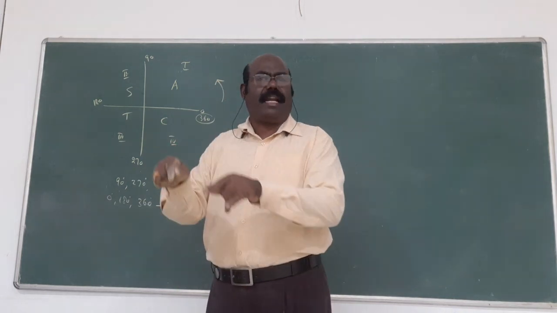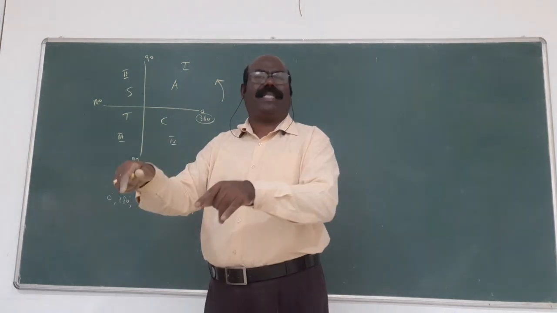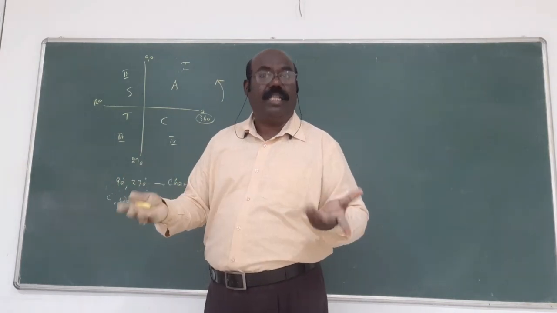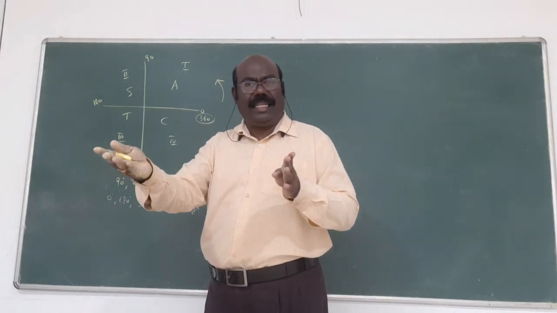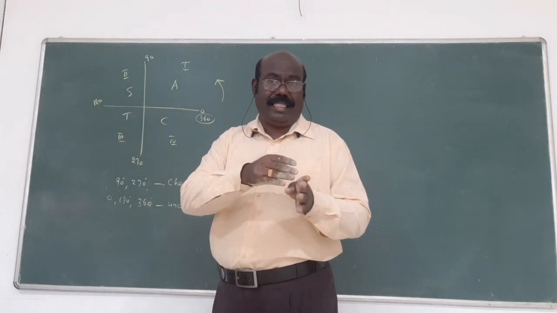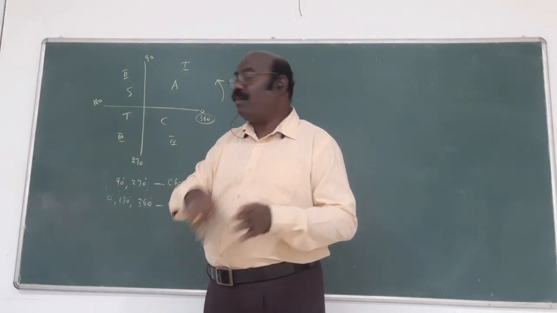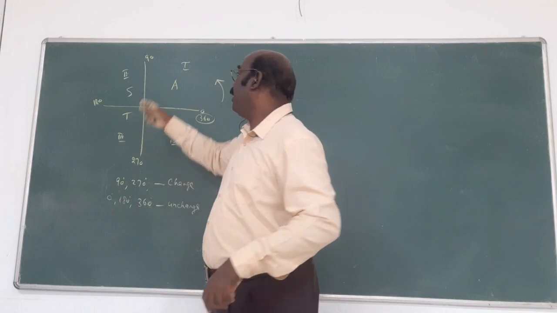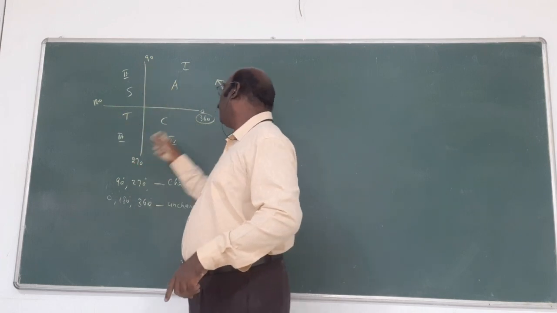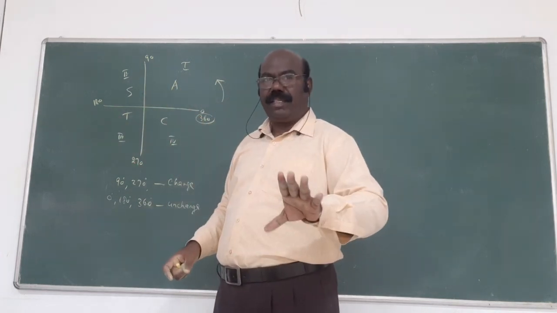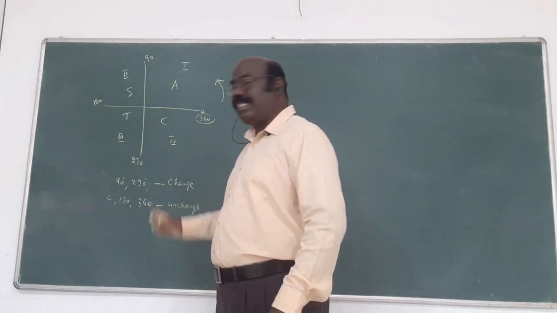Suppose 120 degree can be written as 110 plus 10. That is no use. That's why you want to write 90 plus 30, or otherwise 180 minus 60. In this way you want it, because the angles involved are 0 degree, 90, 180, 270, 360. That is only by using the change and unchanged idea.